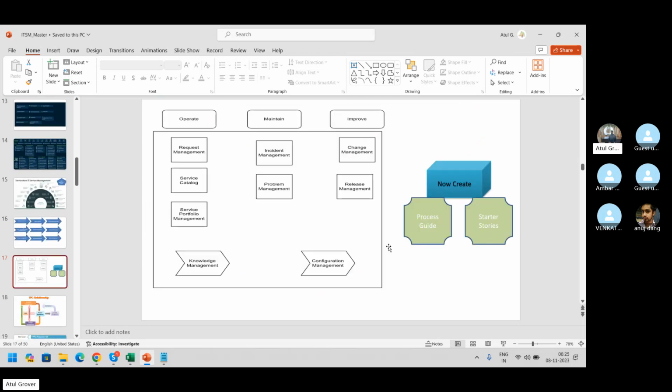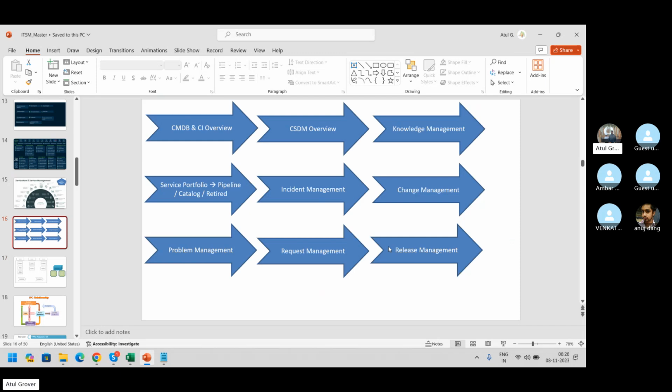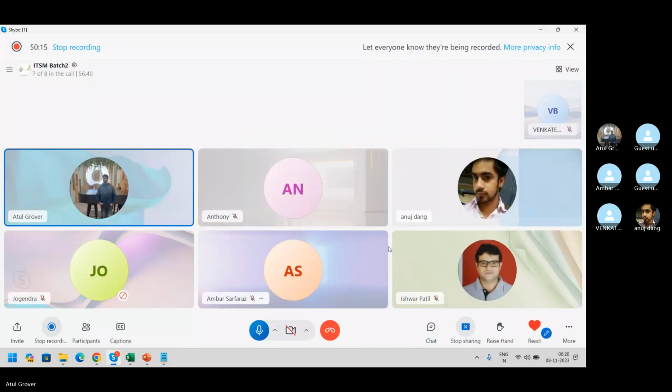Any doubt, any question, any clarification? "What do we do in release management exactly?" Okay, good question. Not only in release management, but in change, incident, problem, and request, everywhere we'll give a small demo and understand how this module has been built. What are the rules, the tables, the features, the conditions, and what kind of workflow is associated with these particular modules.